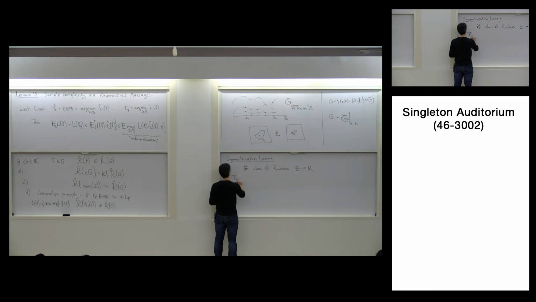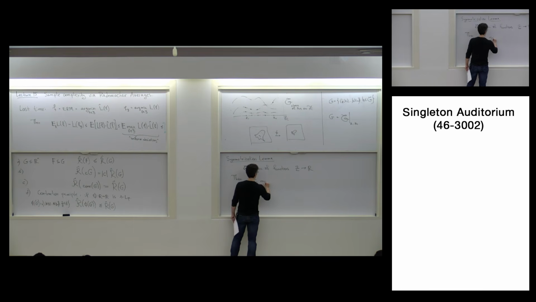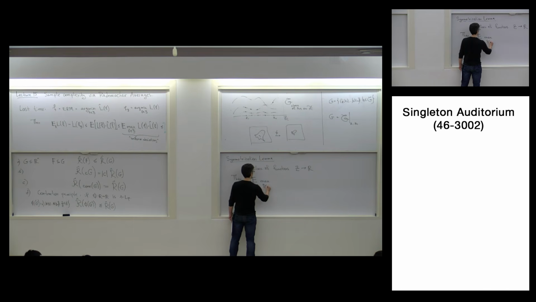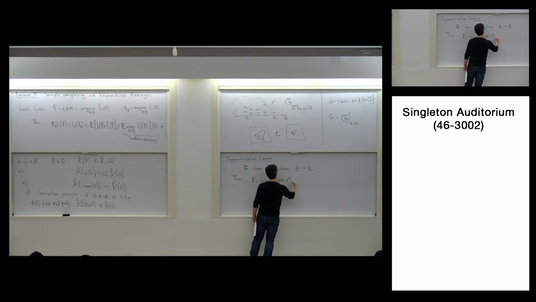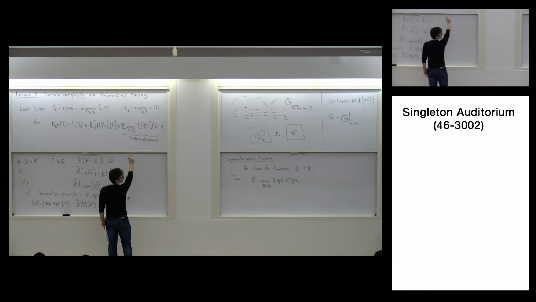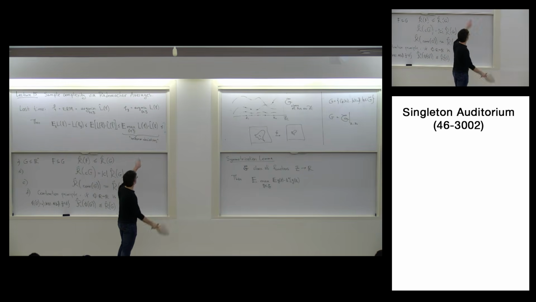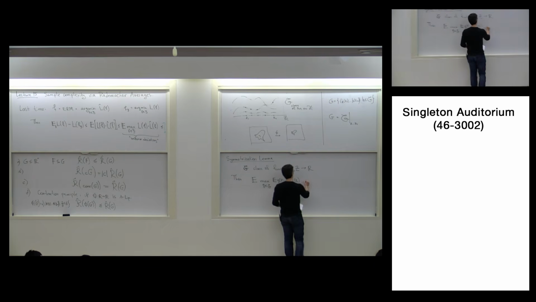Then the expected max over g in this set G of expected g of Z minus empirical average on the data. Let me remind you, this is the object we're interested in. I'm just simplifying the notation. That's the expected loss minus the empirical loss, is upper bounded by